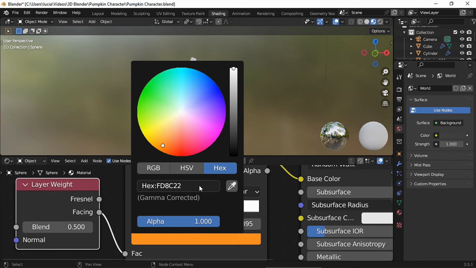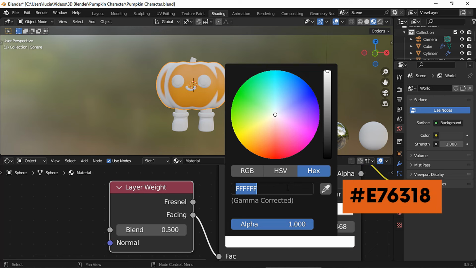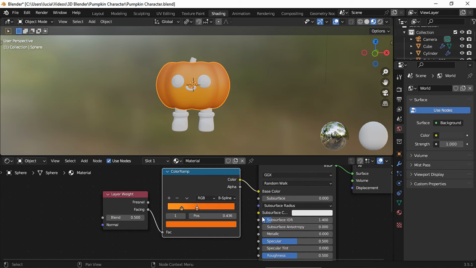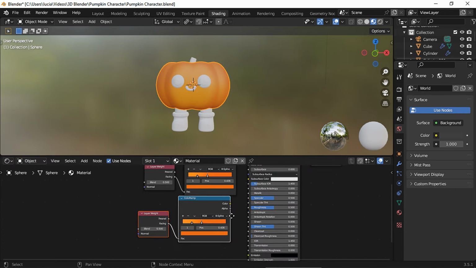Let's choose our colors now. I'm gonna go with the bright orange and with a bit of a darker orange. Change the interpolation to B-spline so the color transition is a bit smoother, and pick the final placement of the colors. And now select these 2 nodes, duplicate them, and this is an effect you might not like, so you can skip it.